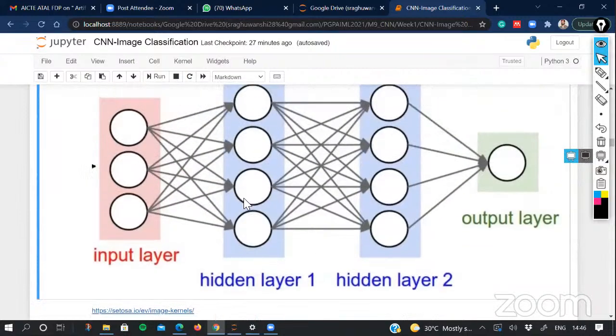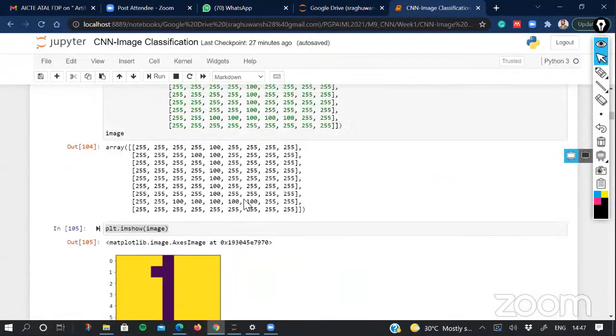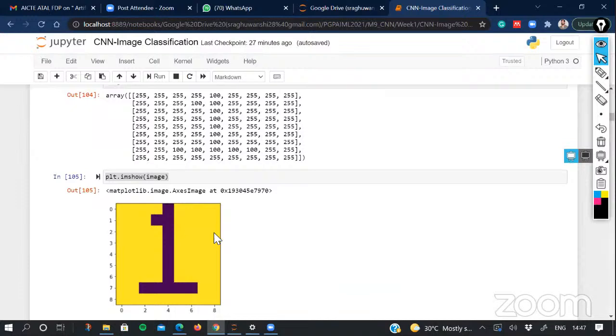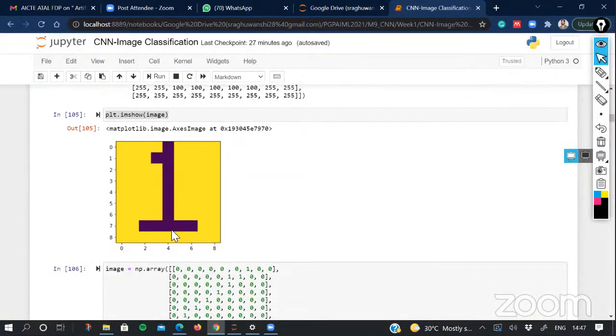So what could be the features of an image? If I say that this is my image, then what could be the features of this image? The answer is very simple. If you have seen some sketching tutorials where people teach you how to do sketching or painting, they always start by drawing a very basic form of the image, like the straight line, horizontal line, angled line, the curved line, or something like that.